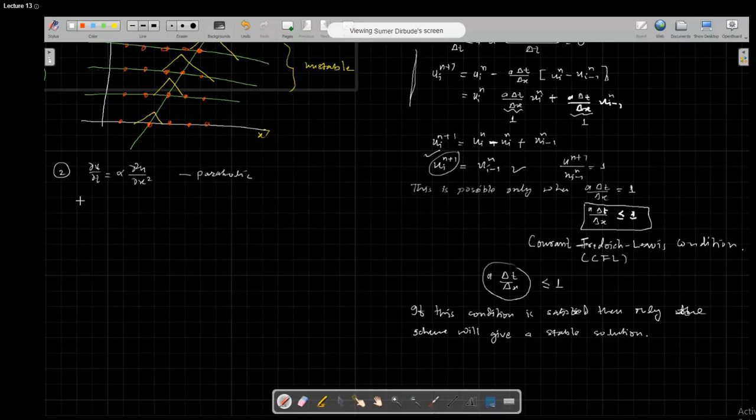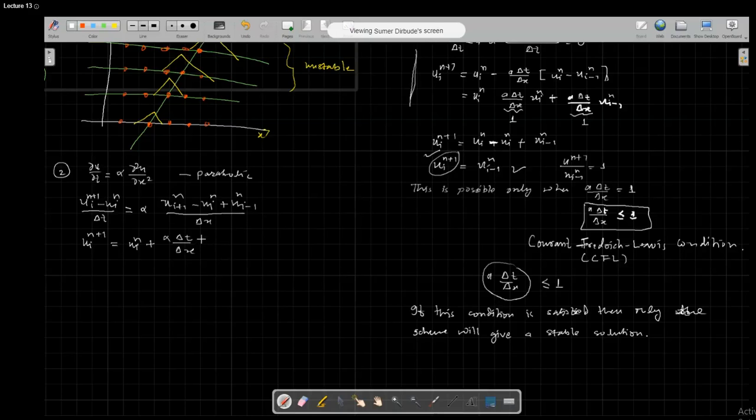Let us take a discretization of this: (ui n+1 minus ui n) over delta t equals alpha (ui+1 minus 2ui plus ui-1), all at n, over delta x square. If I express this in terms of ui n+1, it should look like ui n plus alpha delta t over delta x square,